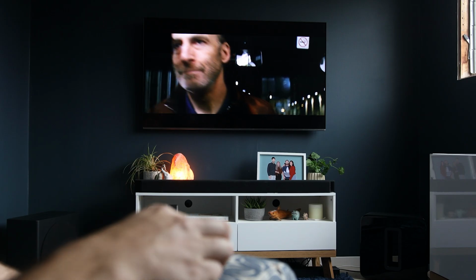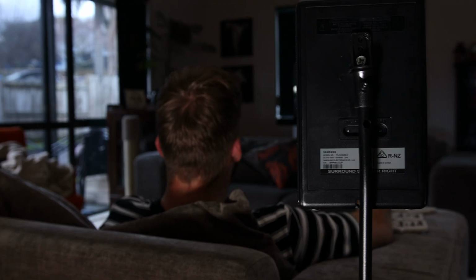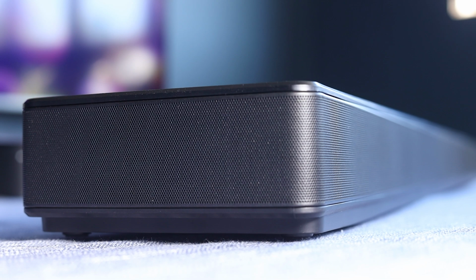Samsung is a solid option for movies, and again, dialogue is great when bumping up the center channel. The rears are large and give you great clear surround sound. Being able to change each individual channel helps with this too, and you can tweak it far more than the rest. In my full review, I wasn't a fan of the LG, but 6 months later with some more testing